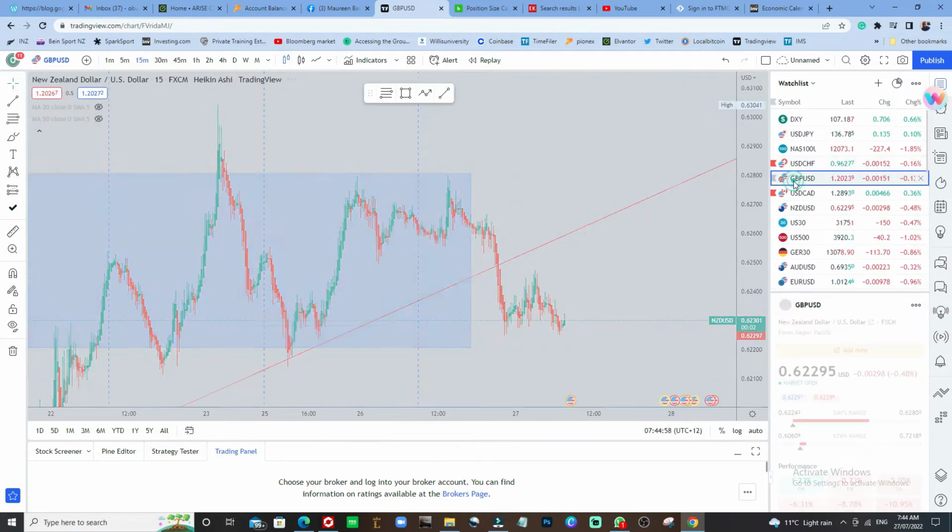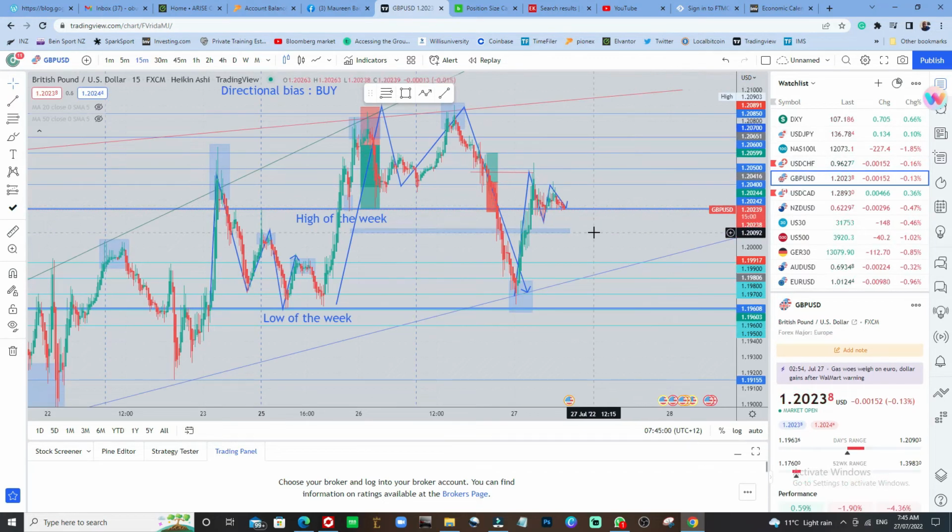But the GBP USD, there was a push to the downside, then push to the upside. Push to the upside means weakness in the US dollars, then push to the downside means strength in the US dollars. So there's been some consolidation anyway overall on the 15 minutes time frame. So not much movement here. I can't take a trade here. So I'm looking for M patterns, like I said.